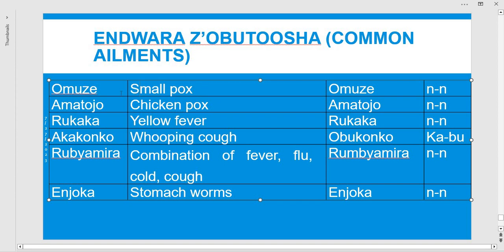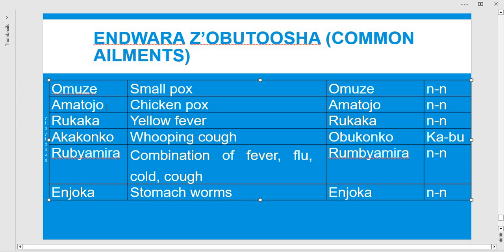Smallpox is amatojo. No, smallpox is omuze. But the one I have ever seen is amatojo, chickenpox. You find very many small pimples that have pus in them. That's called chickenpox. And in Ankole, they used to think that those things can be taken